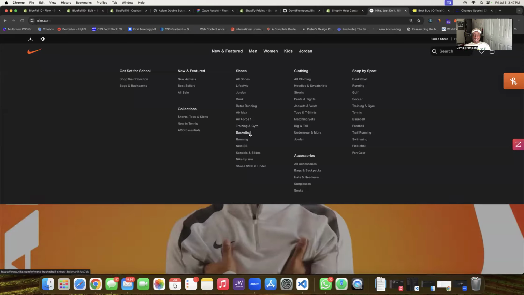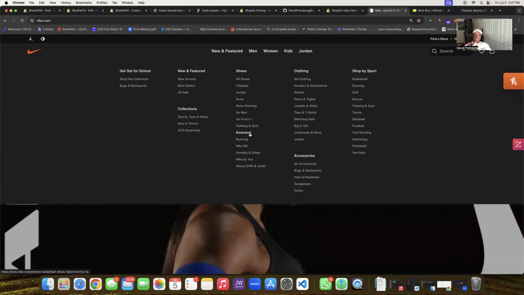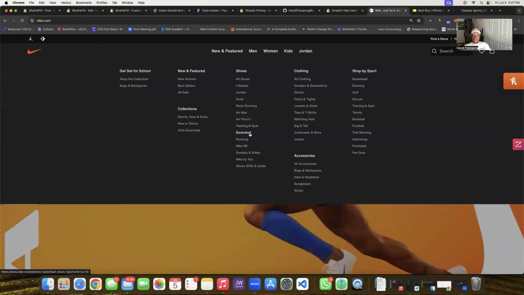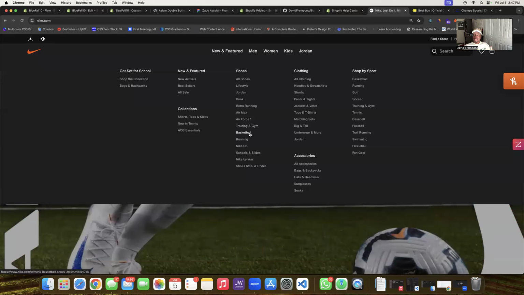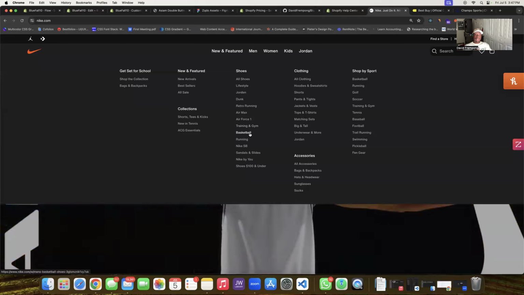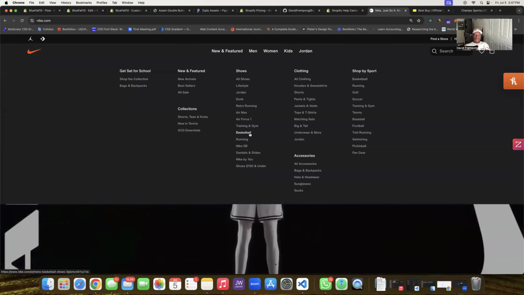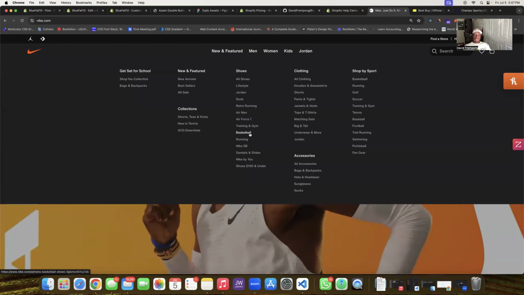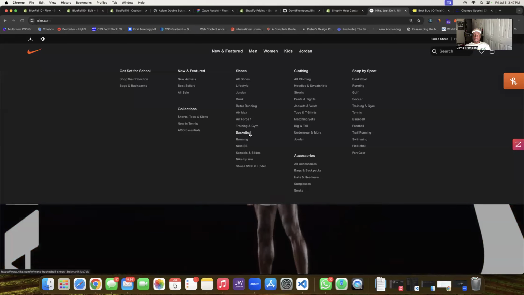So you want to make it simple, but also think about how your customer would think when they come to the website. If you do that kind of journey, like how we just described right now, it's going to make it easier when you're actually trying to map out how to display the collections on your website. Thinking about how your customer would think and actually mapping this out, you can use Figma or a different tool to actually map out these different journeys to brainstorm and see the simplest way on how to display collections on